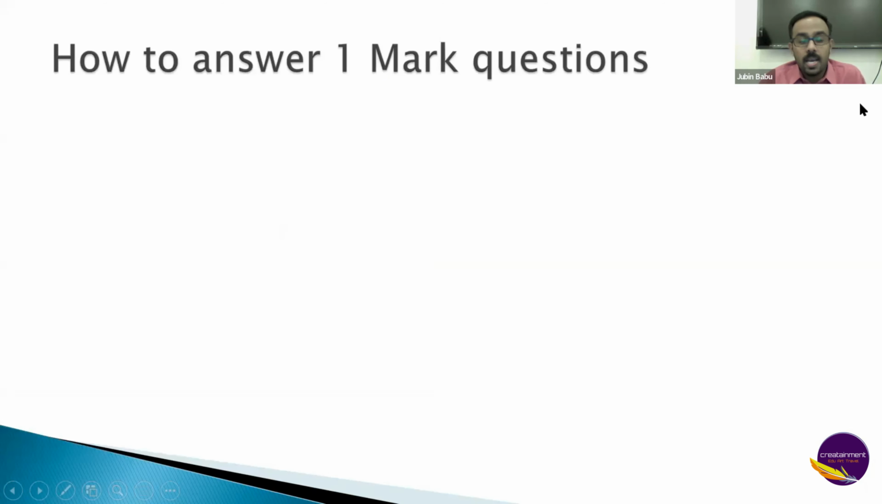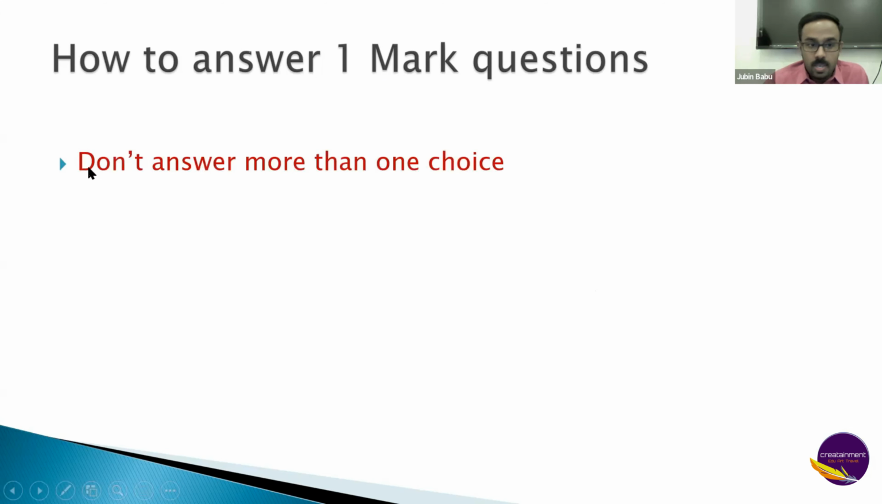Better approach in answering: how to answer 1 mark questions. Don't answer more than one choice. We noted when we were correcting the papers that certain students are attempting more than one choice, and sometimes they will also